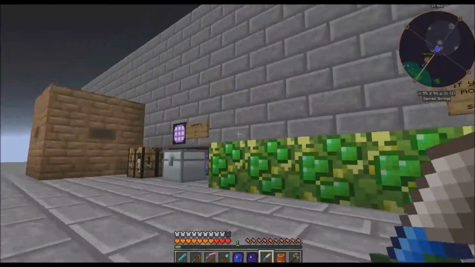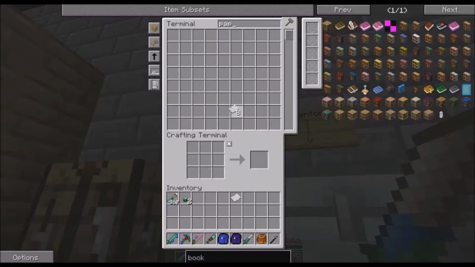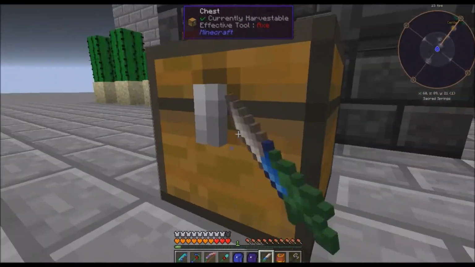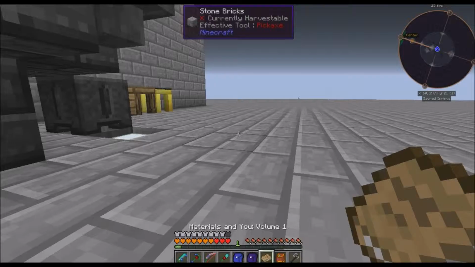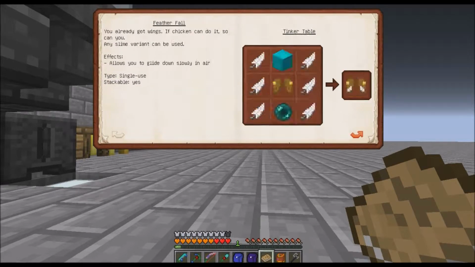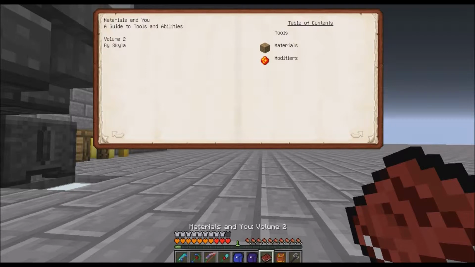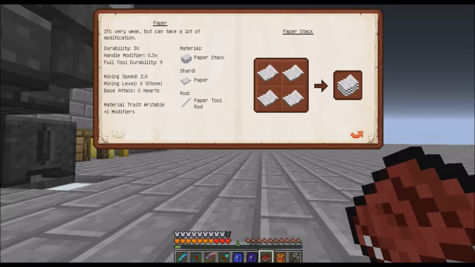Okay, so I think I figured it out. All I need is a single paper and a blank pattern, and you craft them together and you get a book. And if it's not that book, then it's the book that you also get. So you do this and do that. And if I can click on it, that'd be great. And yes. And I don't think this is the right one. No, this is for armor. Okay. So what you do is you craft it again. And then we're here. So I'm looking for...